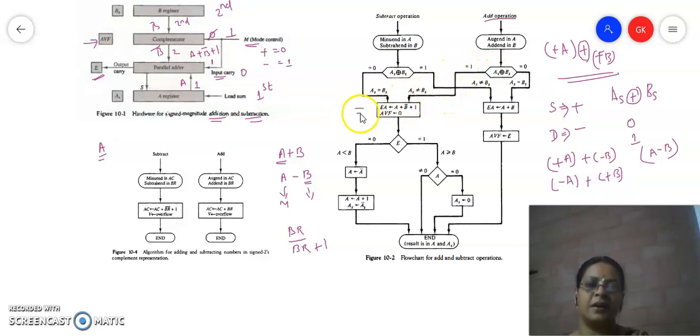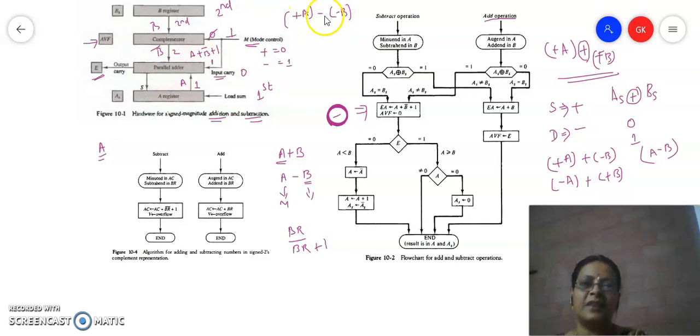So this is going to be the circuit for subtraction operation. Now, in case of subtraction operation, as we told, we have minuend in A and subtrahend in B. There also we will be comparing the signs. So in case of subtraction, suppose for example, if plus A, and it is going to have minus B, now what happens? The signs are different.